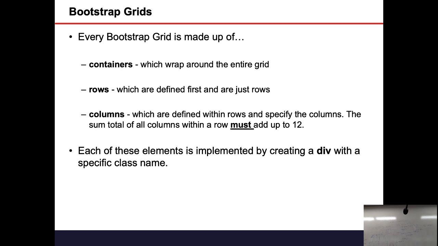Then with row, you are just saying row, not row 1. And why is it just row? Because it's always going to be one row. So that's why it's redundant to put any number. If you want a second row, what would you do? You would just create a div class row. Next one. Remember the containers? Now your row is one grid. You would work on it and done. Next you want the next row.